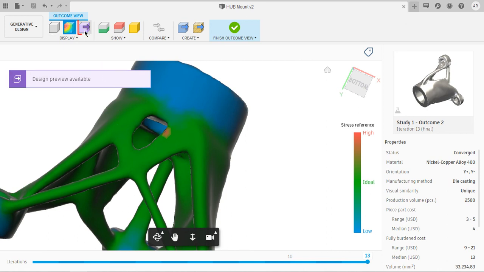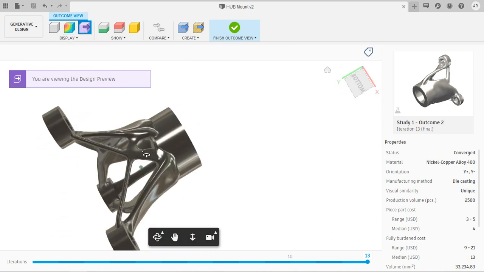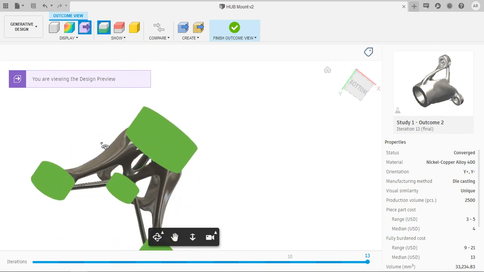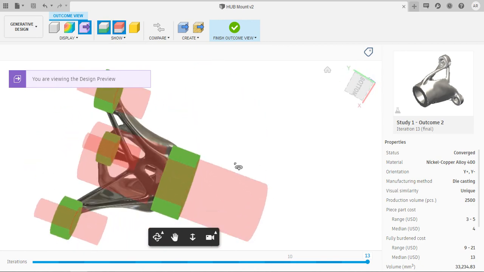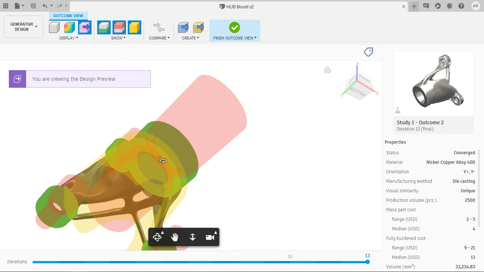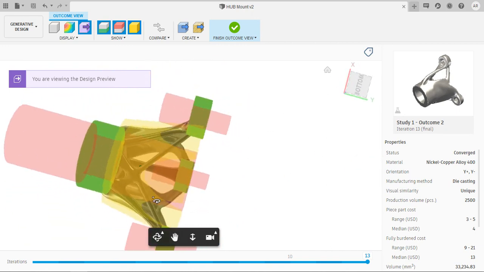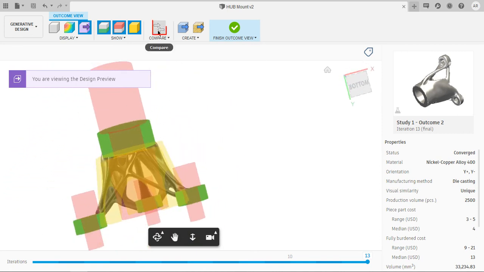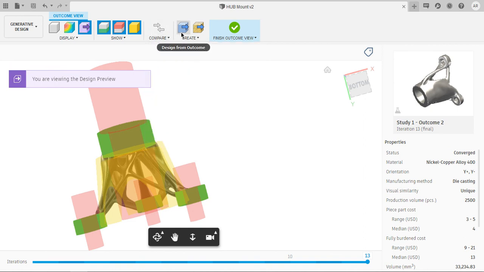And then you have design preview. This is how the model is going to look when you export the design. And then you can toggle the preserve regions as well as obstacle regions and even the starting shape if you have any. Because it's study 1, we have defined a starting shape for this study, thus we have the starting shape too. And then you have compare. It compares the results side by side. And then you can export the design or the mesh.